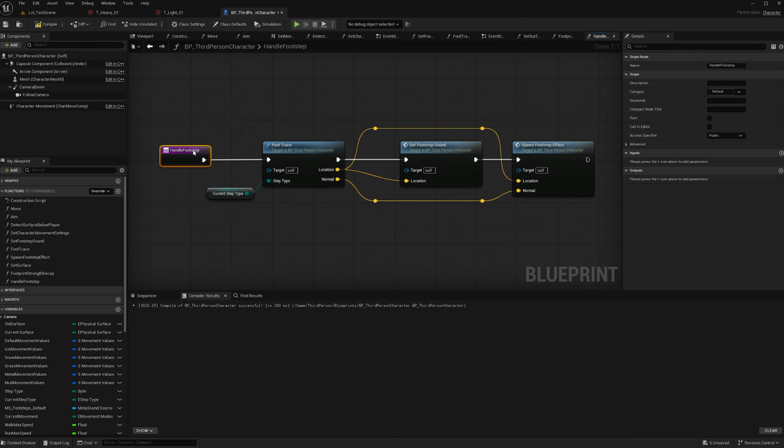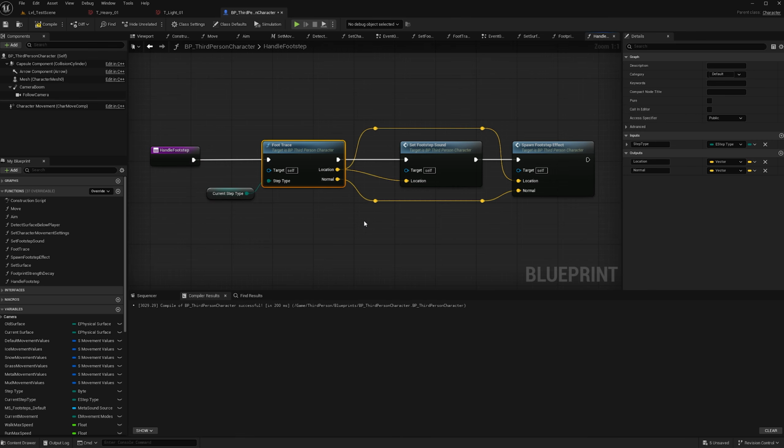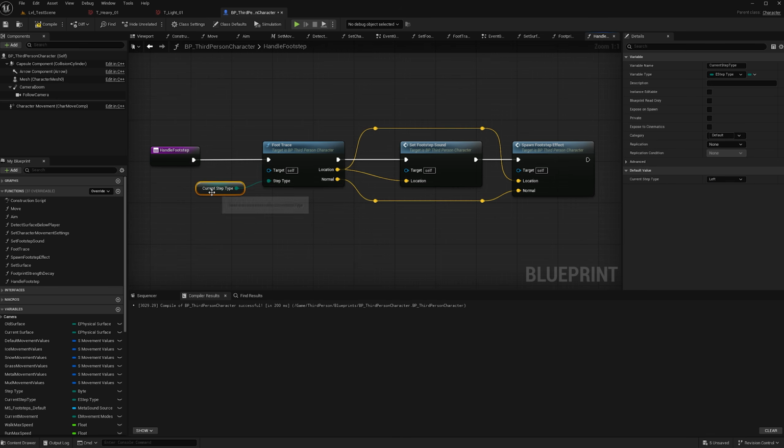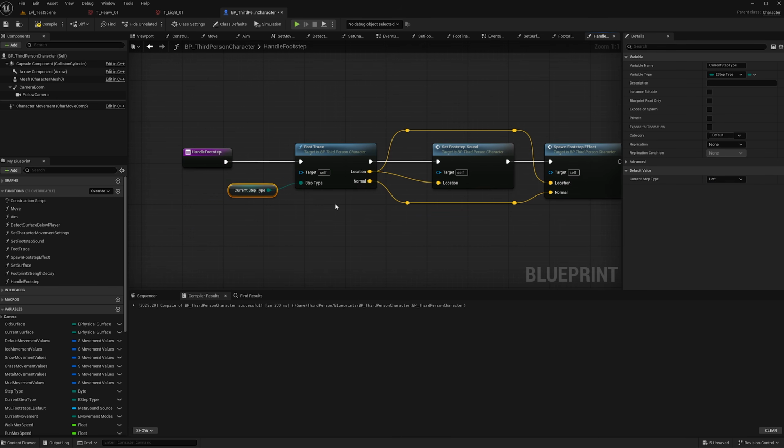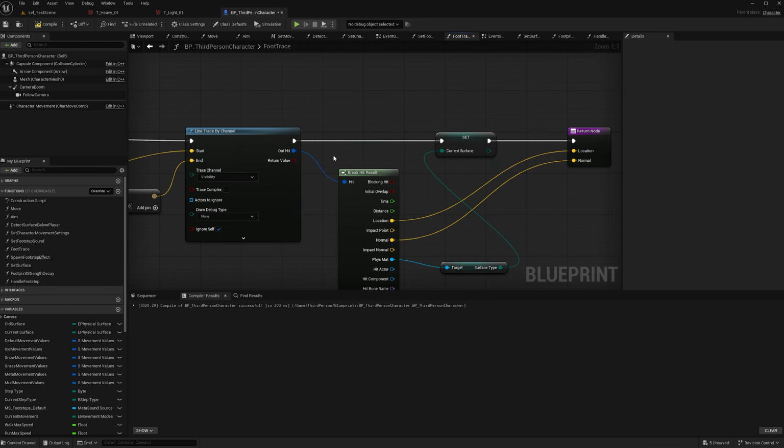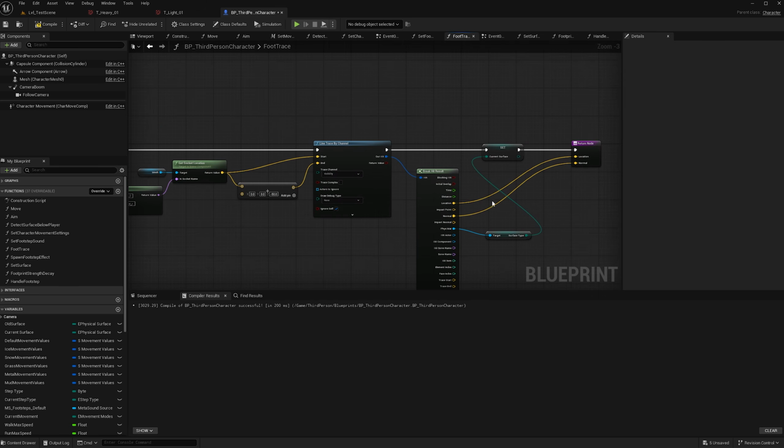And then inside that function, let's go into our line trace, and we're actually going to change this around a little bit. Right now we're outputting the hit result from our line trace for location and normal. We're actually just going to store those as variables, and it's going to be way easier to use that in this graph. Otherwise it will start to get pretty unruly. So under foot trace,